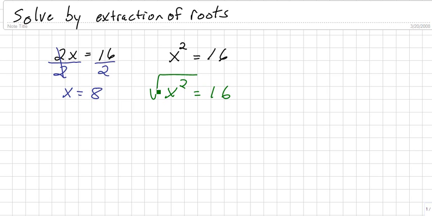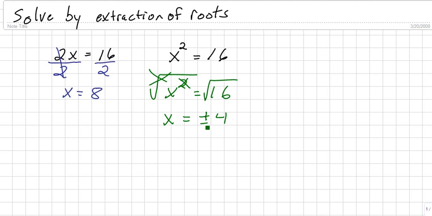Because whenever we take the square root of a square, they end up canceling one another out, similar to the 2 divided by the 2. But whatever I do to one side, I also have to do to the other side of the equation. So when these two cancel out, what I'm left with is the value of x equals the square root of 16, which comes out to being both a plus and a minus value of 4,